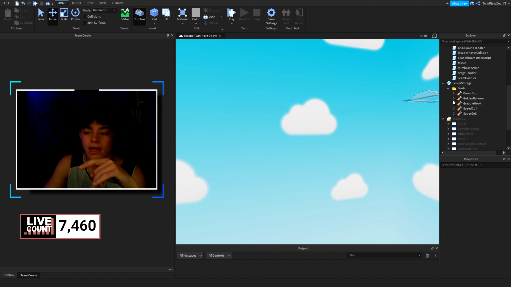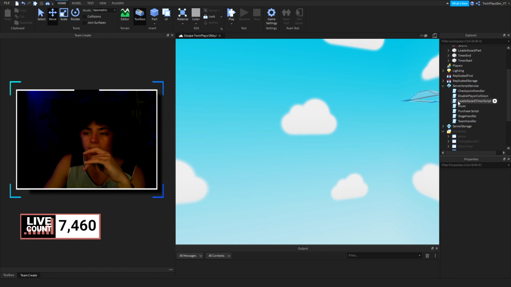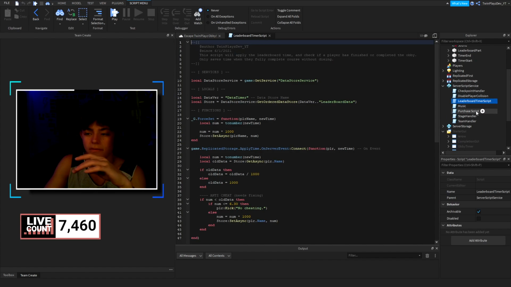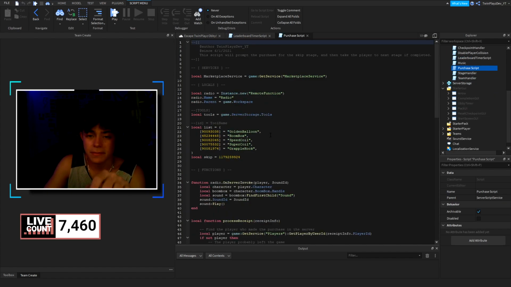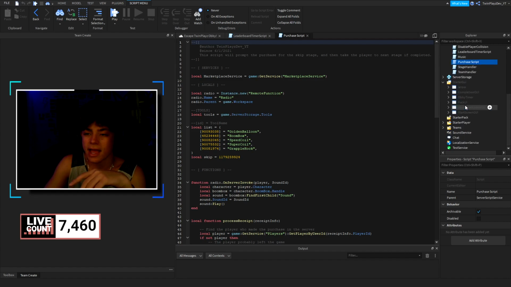These are the tools. They all have a bunch of scripts in them. I wouldn't really recommend using them. I recommend getting brand new ones. But they're pretty cool, just simple stuff. But yeah, so also, we're going to go to a few other things. This is going to be the main scripts, and I'm going to talk about this right now because the GUIs are going to take forever.